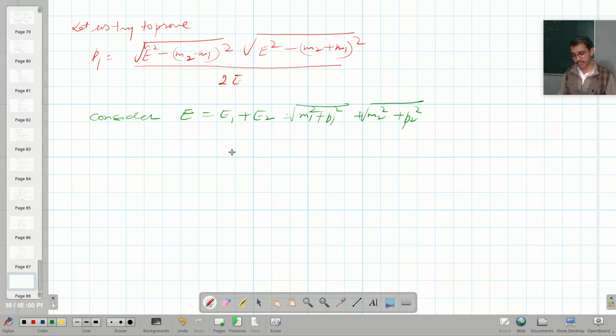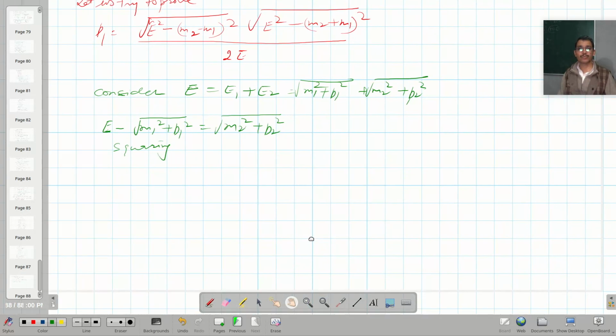So from here I can write down that E minus square root of (m1 square plus p1 square) is equal to square root of (m2 square plus p2 square). So squaring both sides,